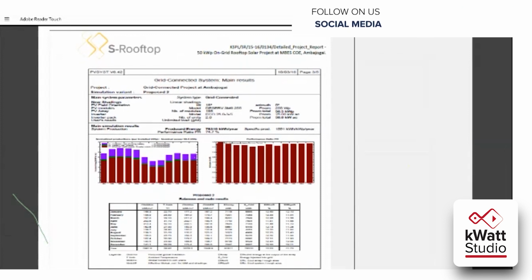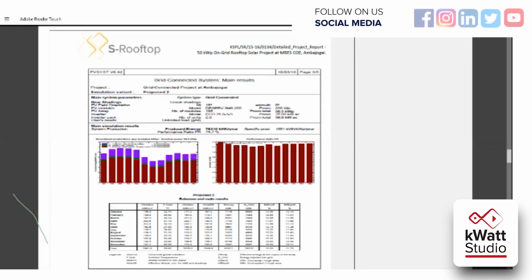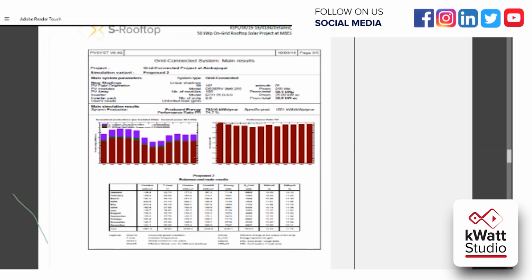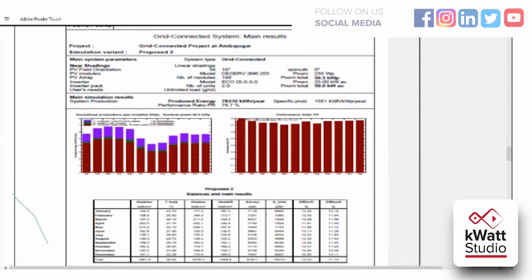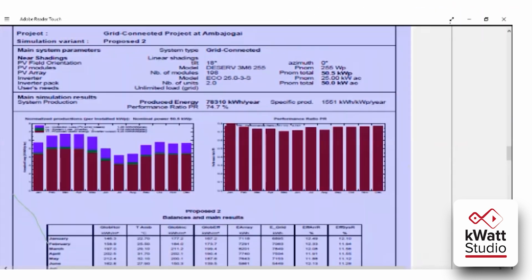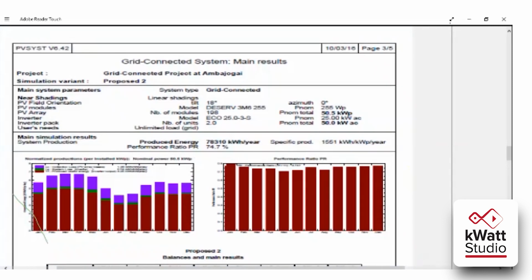How much your 50 kilowatt power plant will generate over the year. So this is very good data that you can show your client and you can promise to your client without failing. I don't think you can see these details because it is somewhat blurred, but I will tell you what all details are given over here.